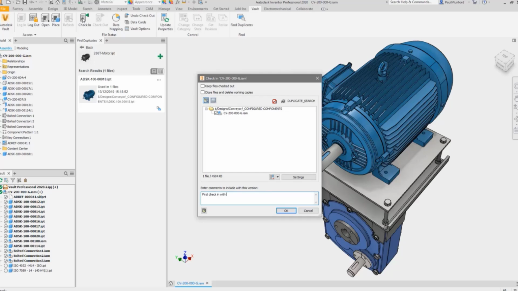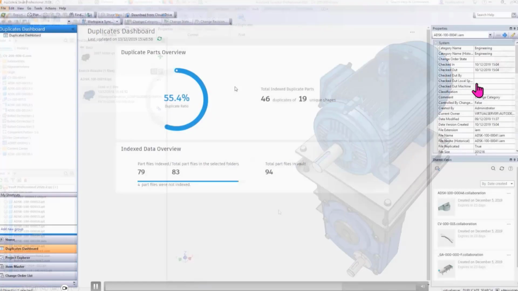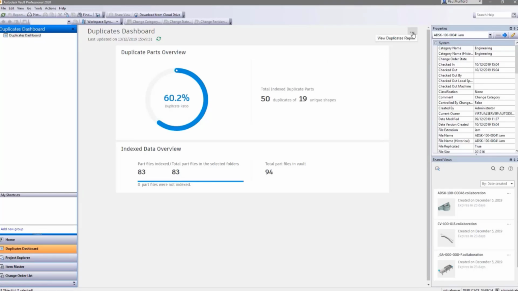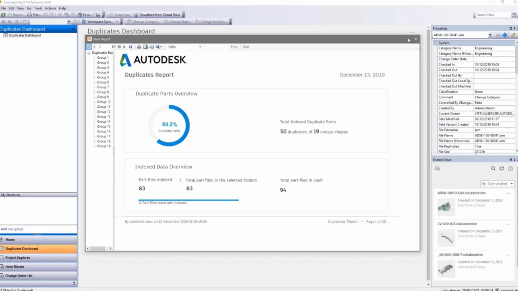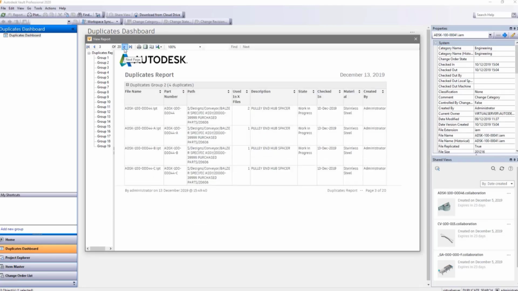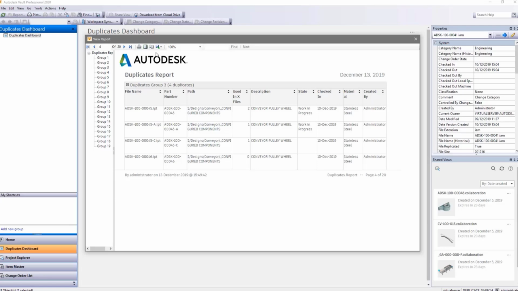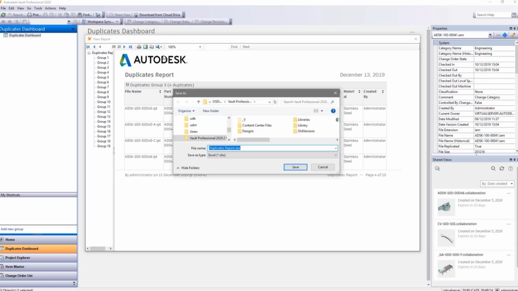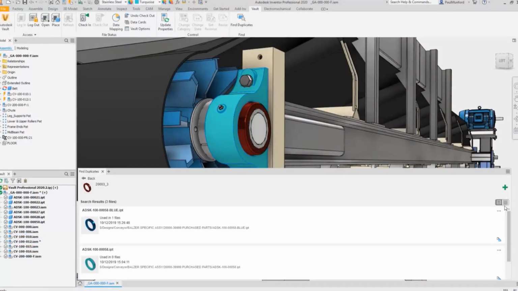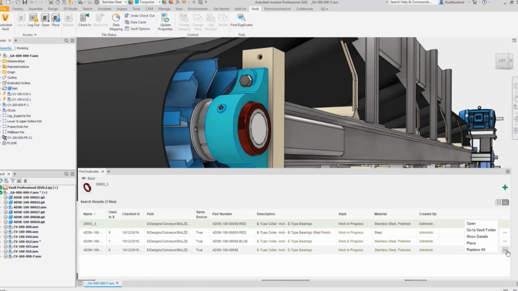As we check in the design, Vault will scan the new parts we've introduced and add them to the duplicate index. But how can we detect existing duplicates in Vault? The new duplicates dashboard gives us an overview of the number of potential duplicates we have in our Vault. We can now create a duplicate report and begin assessing how we can add value to our business by removing duplicates from the database. Duplicate Search in Autodesk Vault Professional helps you to reduce design time and downstream